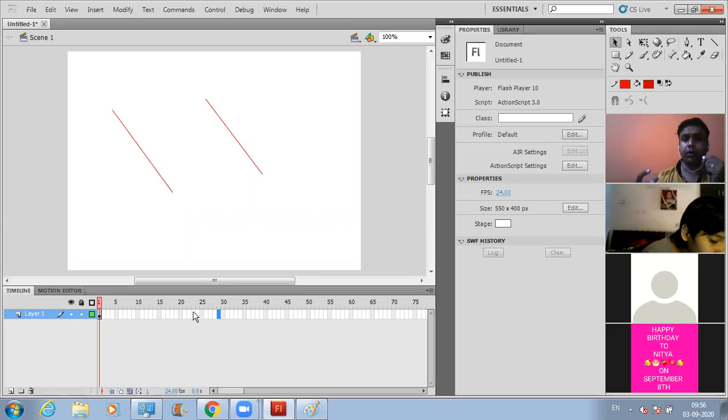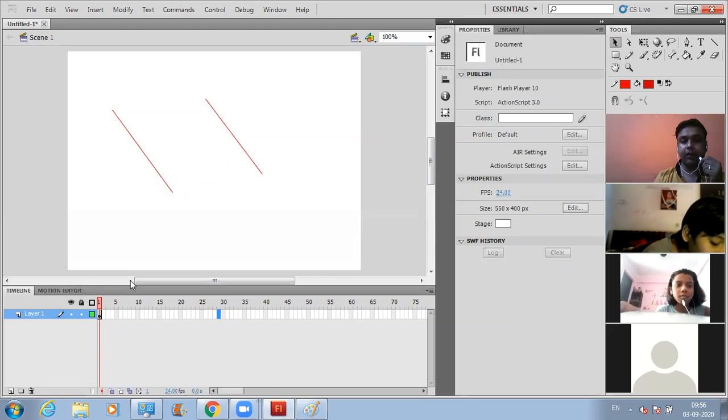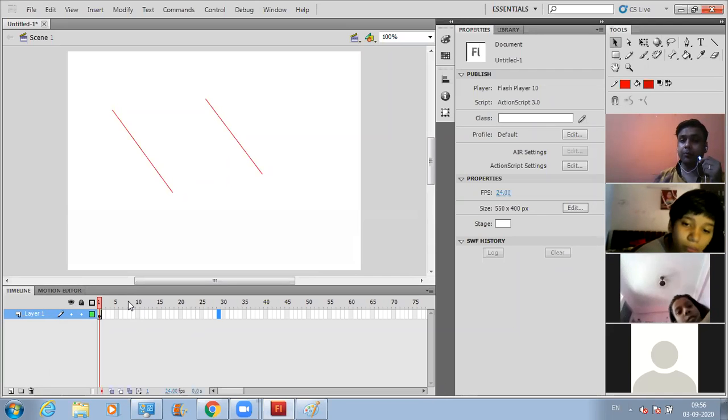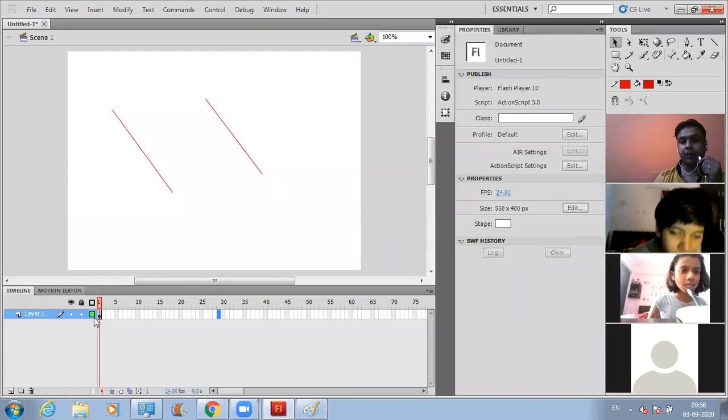What if you want to control the speed of the movie, if you want to make it go fast? If you want to have control over the speed of the animation, whatever animation you have drawn on this stage area using different kinds of objects, if you want to increase or lower the speed, you can do it with the help of this panel over here that is known as the timeline panel. So it is basically used for time management, for controlling the speed, for controlling the motion, everything. So this is the fifth and the most important part of the Flash environment.